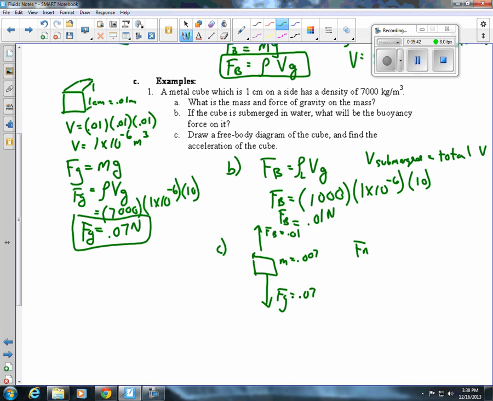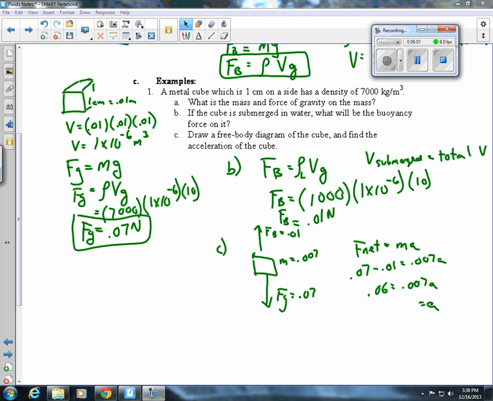So I would do an F-net equation. F-net equals m a. 0.07 minus 0.01 is 0.007 a. 0.06 is 0.007 a, and that'll give us an acceleration of 8.57